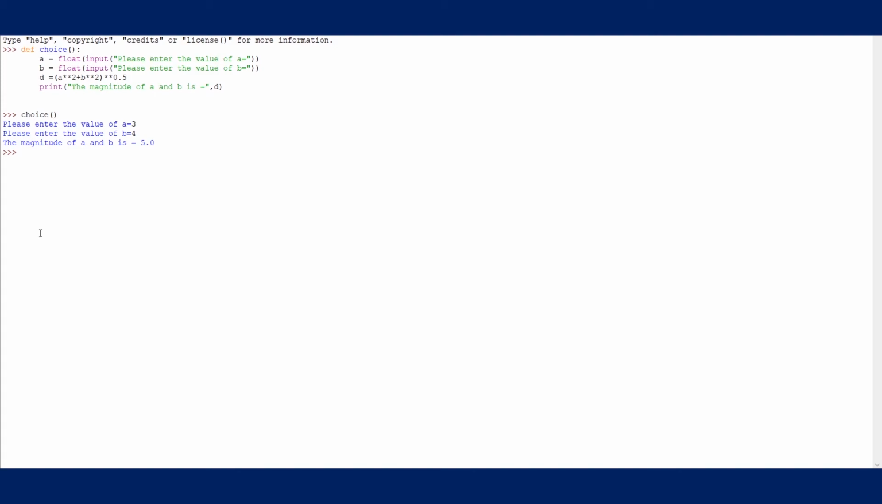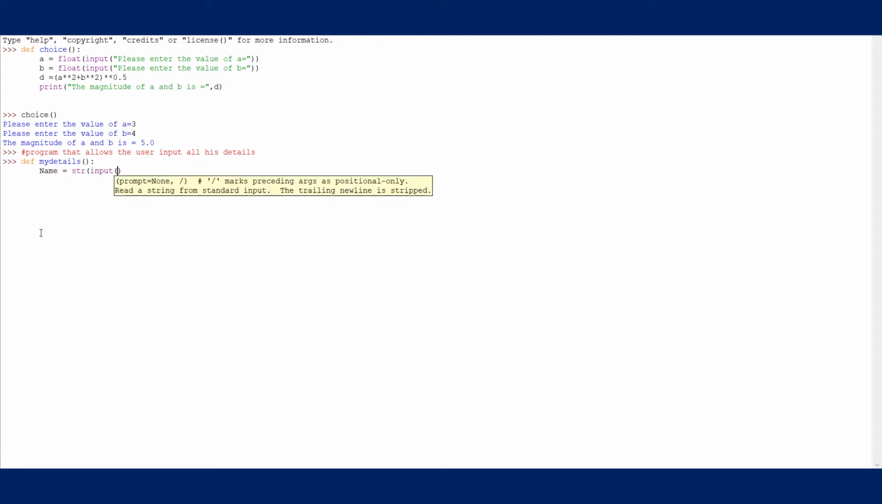Let's try to look at a program that allows the user to input all his details. All right, so how to do that? Again, we'll begin by defining a function that I'm going to call my details. And then keep it open, and the first one is going to be the name. Name is going to be a string, so I'm using str, and then the input function, and then we have a